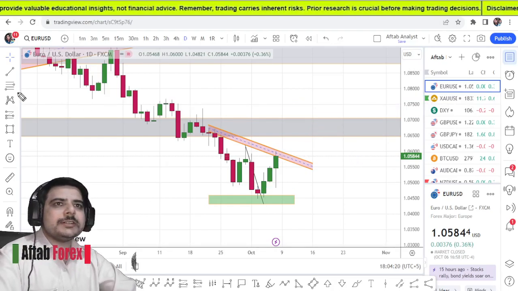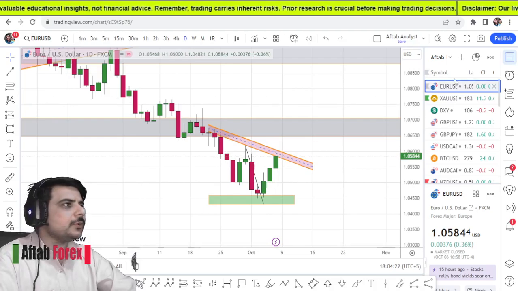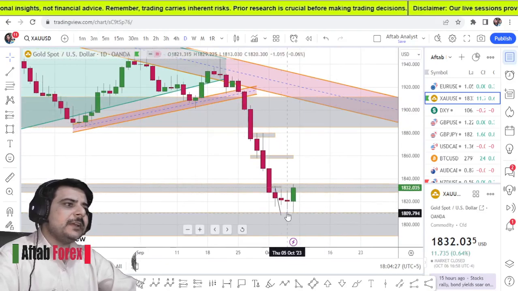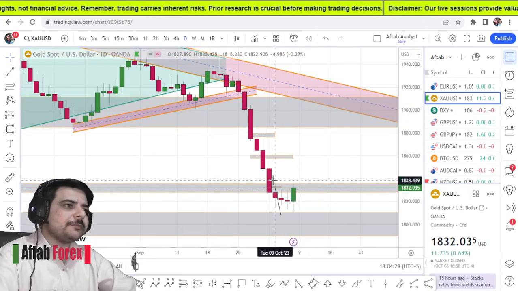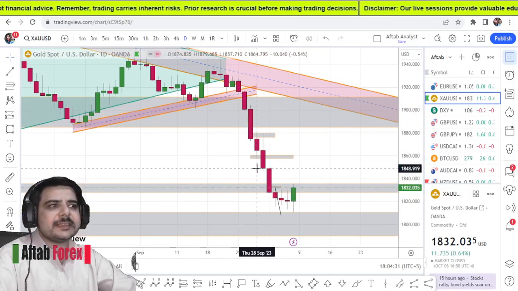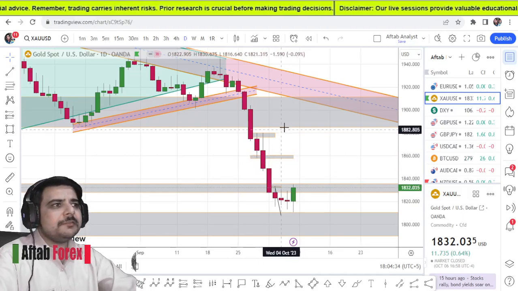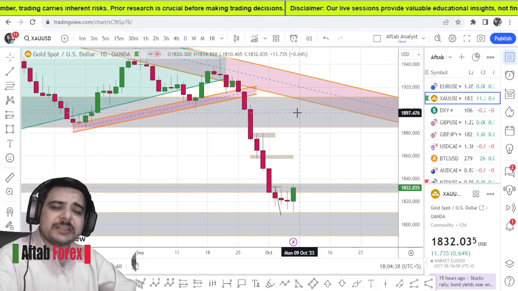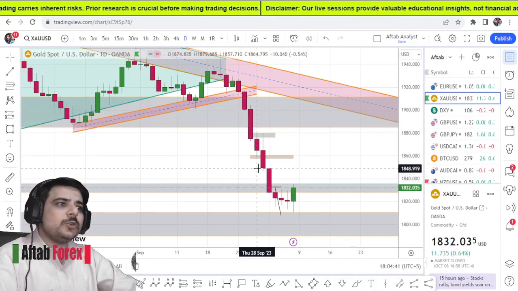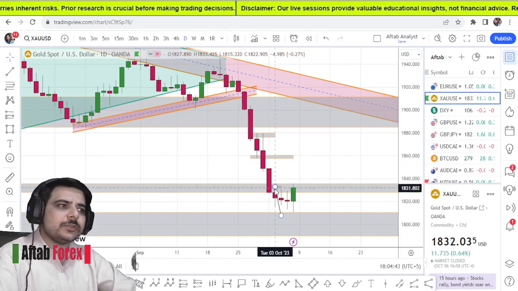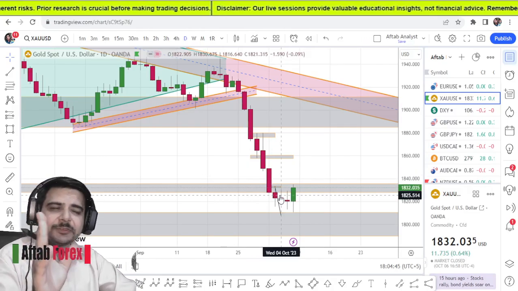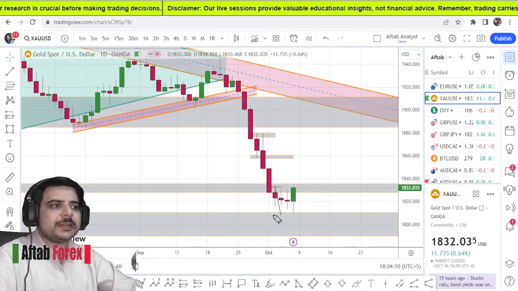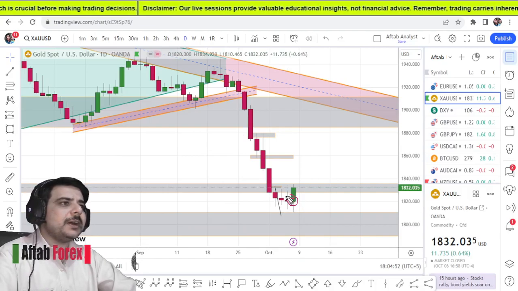Moving on to the gold US dollar, and gold US dollar, exactly the same thing I said. What I said, 1 2 3 4 and 5, the market was right here, and I exactly said that this level is broken. If it goes back up, definitely we are looking for 1860 sell and 1880 sell, but it didn't go up there. So on the intraday and daily videos, I have covered this whole move till here, and from 1810 I clearly have mentioned that this is going to be a buy zone.